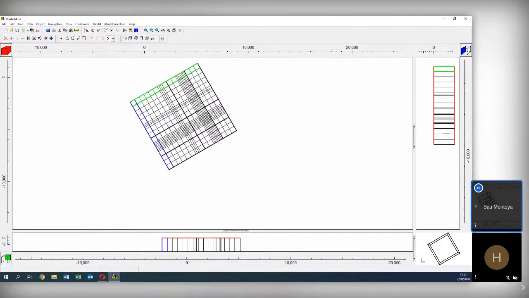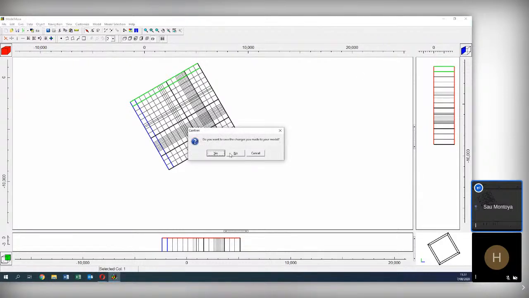Okay, so let's continue. Now what we are going to do is use the no grid option. So let's close this.